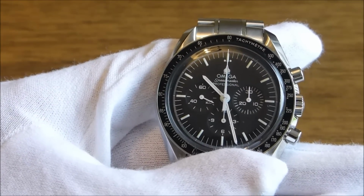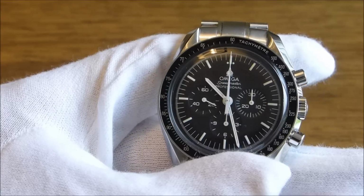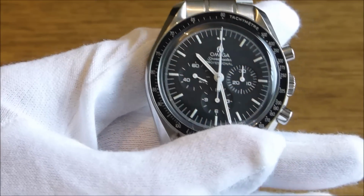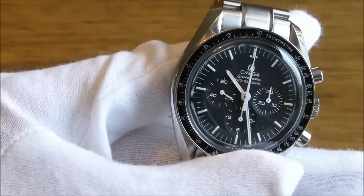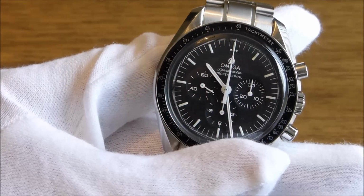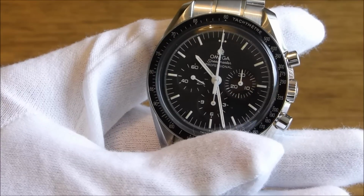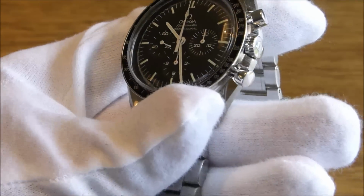So here we have a lovely looking watch, perfectly engineered. I think this will always be in the top 10 watches of all time, just on looks and the fact its basic functionality, nothing fancy. It's really a man's watch, and I think the 3570 is the best combination,